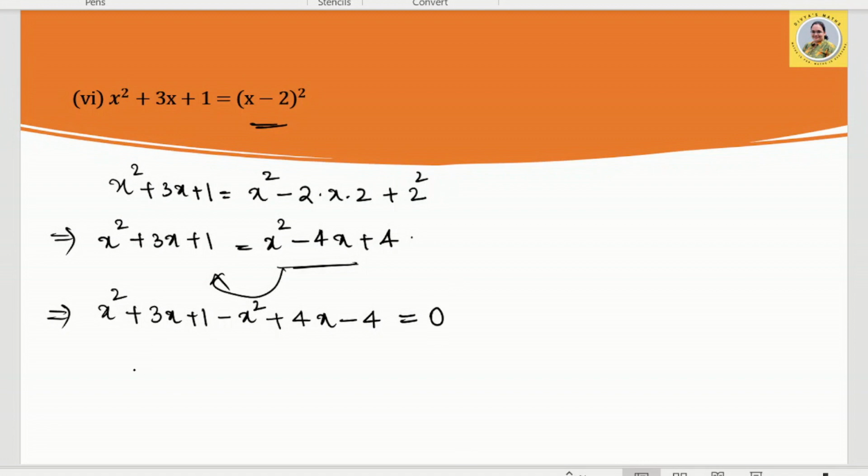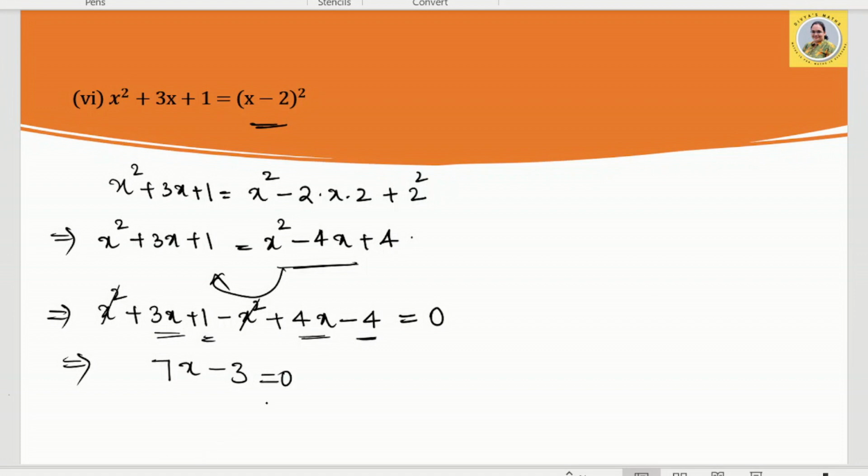So x square and minus x square will get cancelled. So plus 3x and plus 4x will be plus 7x, and plus 1 minus 4 is minus 3, is equals